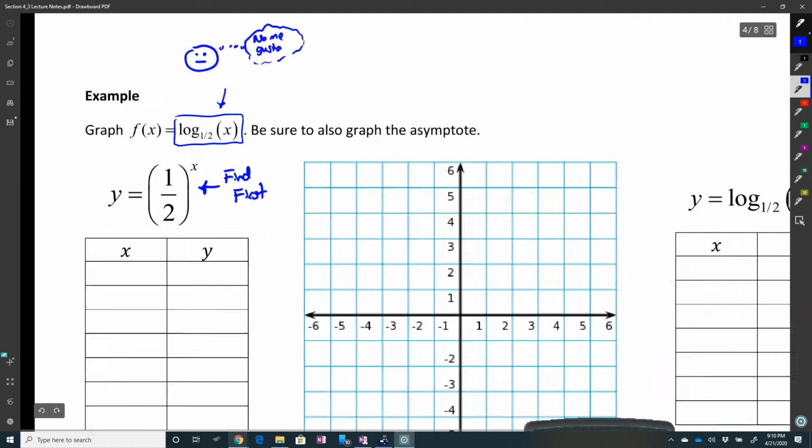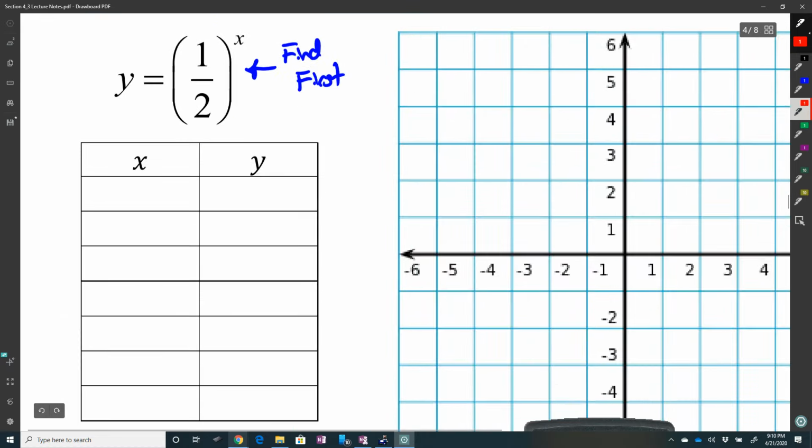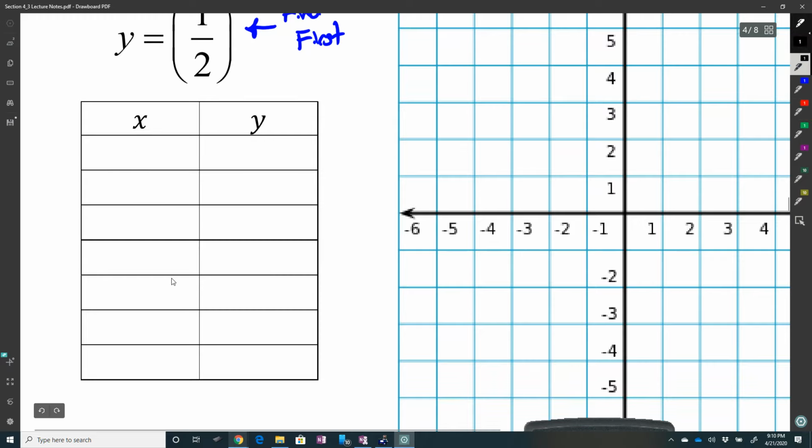And since they're inverses, all we've got to do is swap. And that's the easiest way to graph logs. Okay? Don't actually type in log of 1, log of 2, log of 3, log of 4. What you do instead is find the easier numbers and then work your way. So for instance,